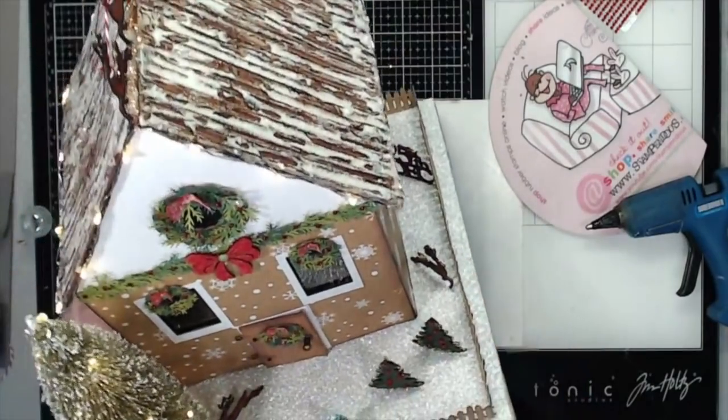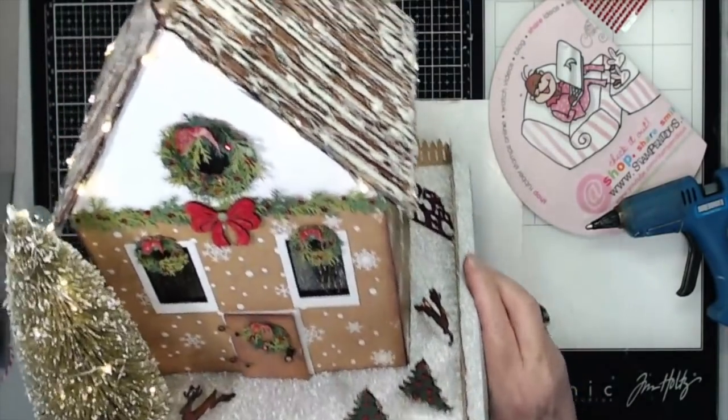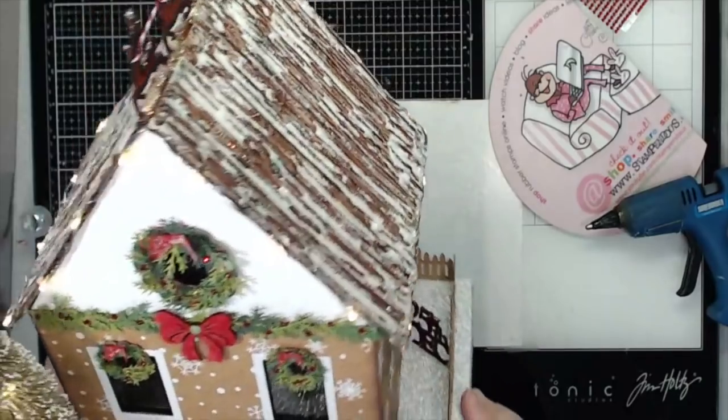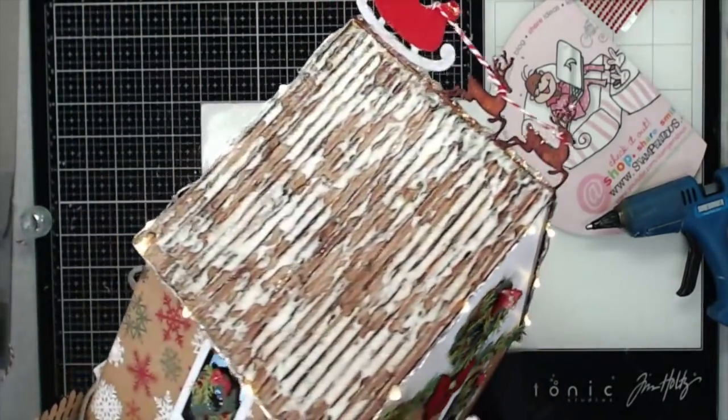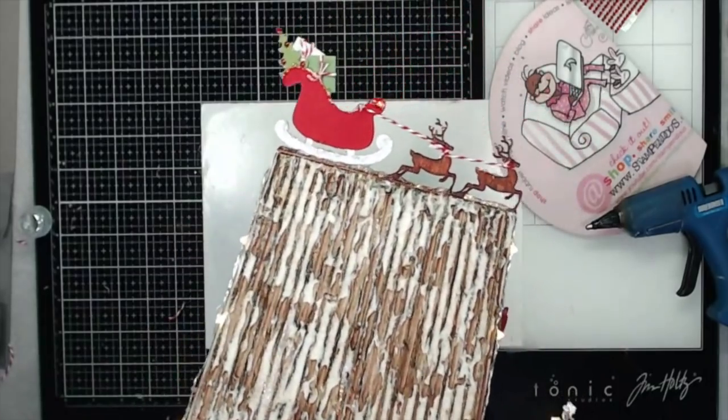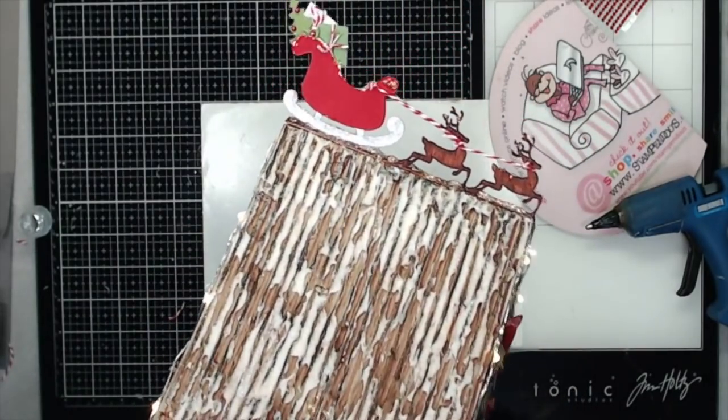I still don't have my big light to go up in there, but hopefully it will get here before I start to take pictures, and then I can show you kind of what it looks like. But that is our house,